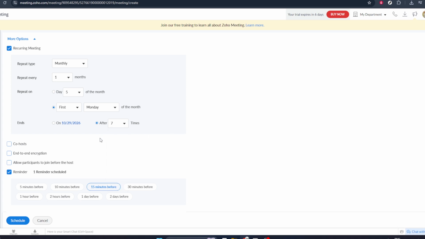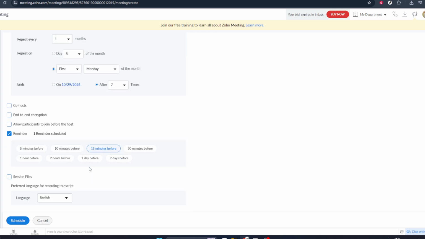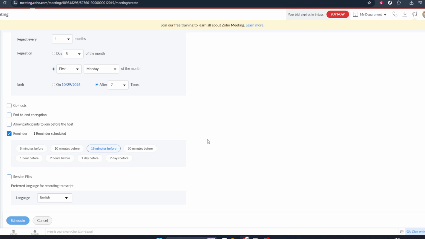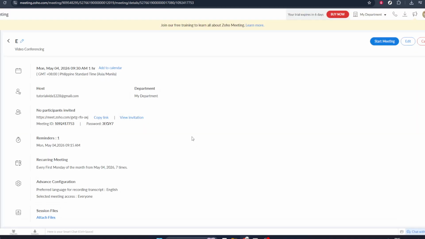You'll now be able to specify how often this meeting repeats, such as daily, weekly, or monthly, and, depending on your needs, you can also set an end date or a specific number of occurrences. Take a moment to review these choices so your recurring pattern matches your schedule. After you've configured the recurrence and reviewed all the meeting information, scroll down